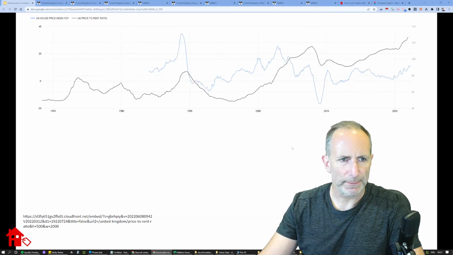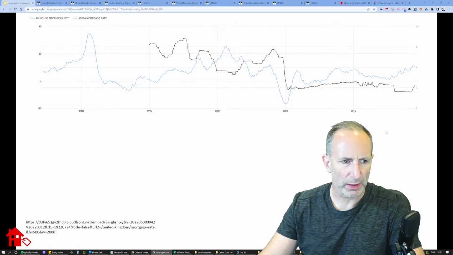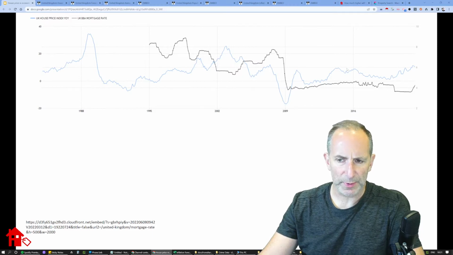And here we can see the mortgage rates, and it's circa 3.5–4%. This is the bank mortgage rate as a consumer lending mortgage rate, I think it is. And the main point to note here is that when mortgage rates are high, prices go down, which is obvious. But it's not always that correlated. So, for example, here, prices have gradually crept up, as in increases in house prices